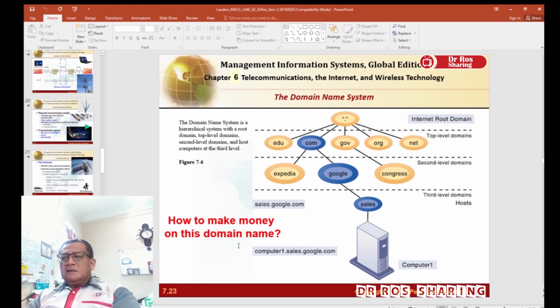One quite good topic emerged from this domain name system. People may make it a mechanism to make money, by selling domain names. The domain name system works based on who requests to register first. If you request to register first, the name, for example,